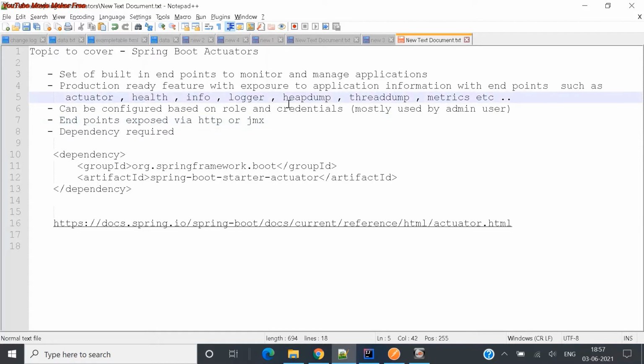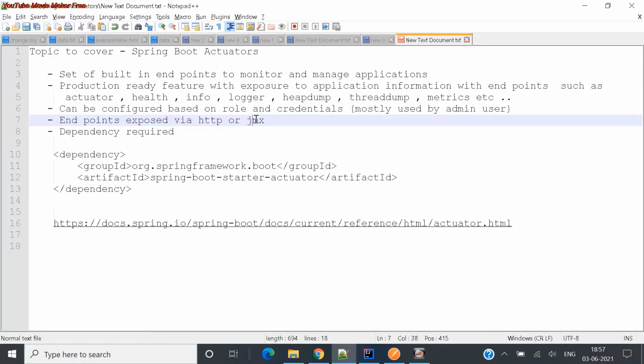because maintaining an application in the production environment is very critical to any organization or user base. You need almost every-minute information about your application: how it is performing, whether it is up, whether it is down, and if down, why it is down and what the reasons are. So a lot of things can be covered or governed by these actuator endpoints, so that they can be used for your debugging and everything.